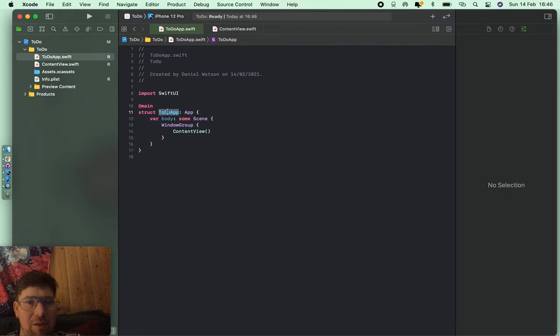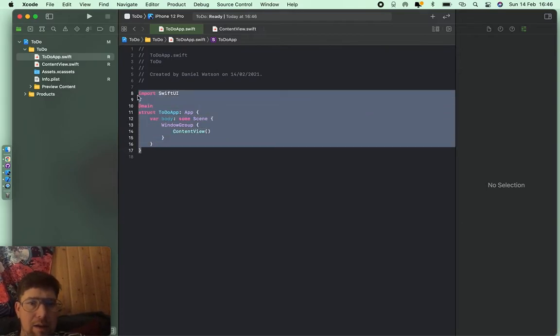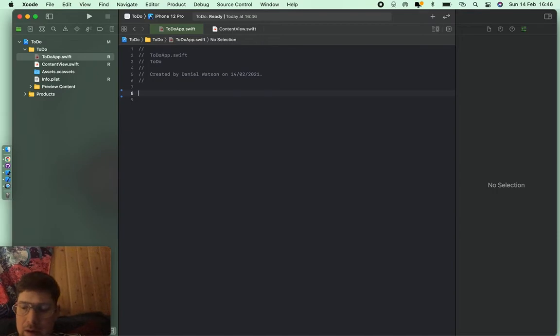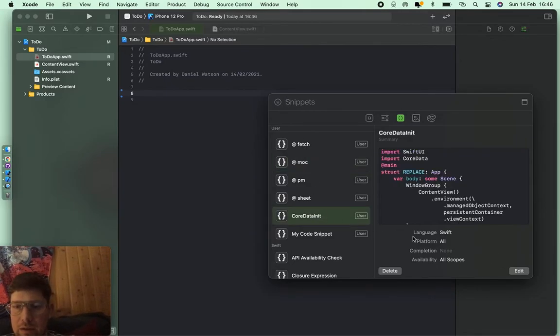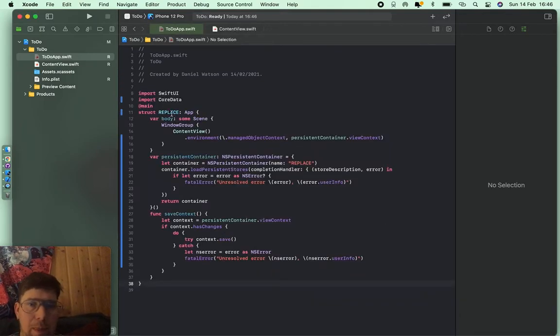Anyway, right, so first we're on the app main page, app main file. Copy this little name here and delete everything. Boom. And then Command, Shift and L. You'll see I've got some sneaky code snippets here which I'll share with you in the comments. Core data initializer, that's the one we're going to use. And then paste back in the place